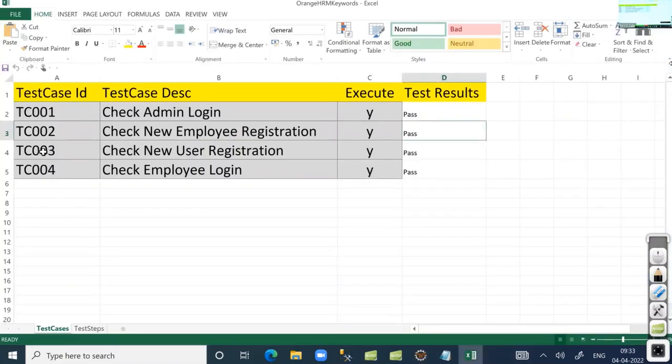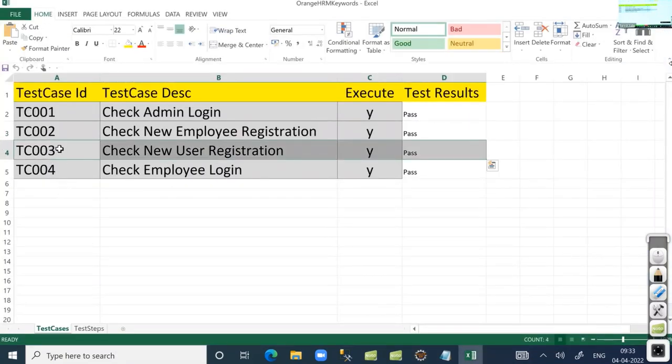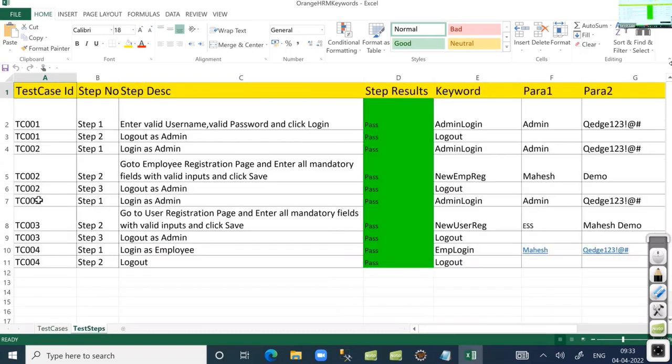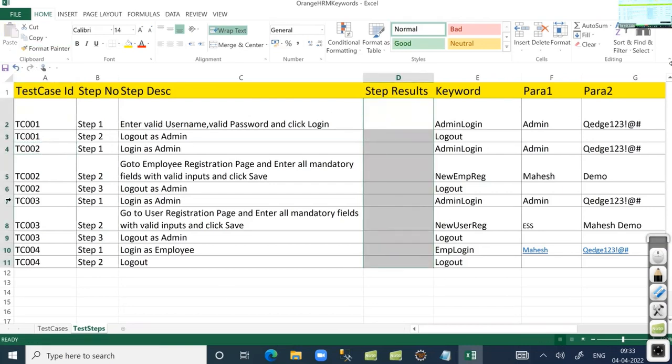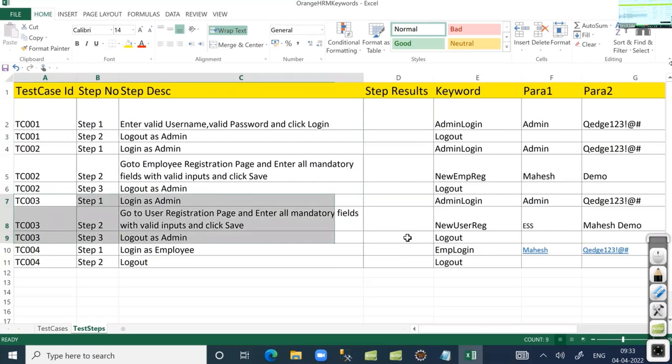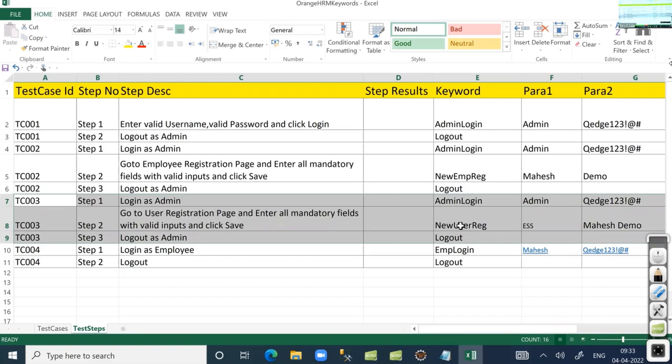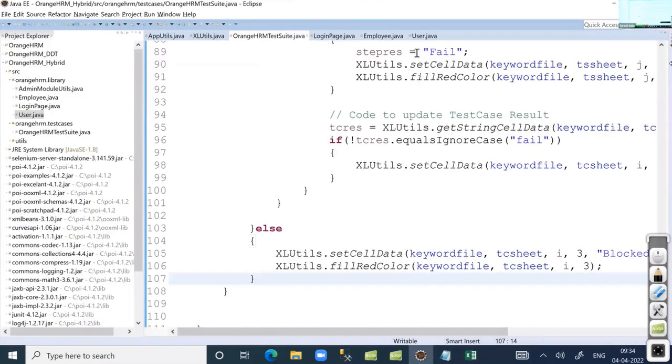I'll take test case 2 or test case 3. How many steps does test case 3 have? Please check. There are 3, correct? I'll make one middle step fail. If any one of the steps fails, the test case summary should be updated as fail. To make it fail, because the application is working, to understand our logic,